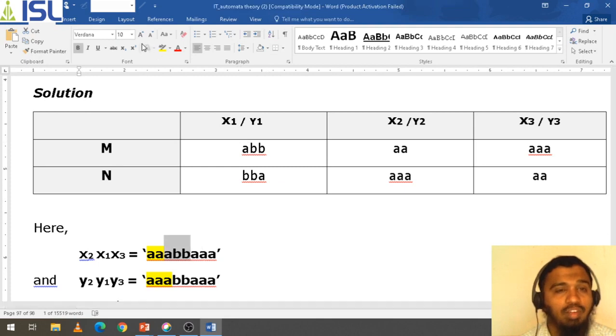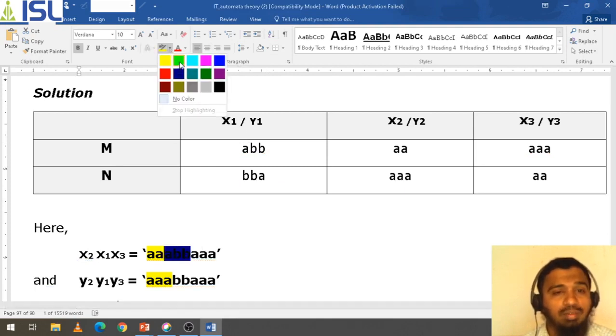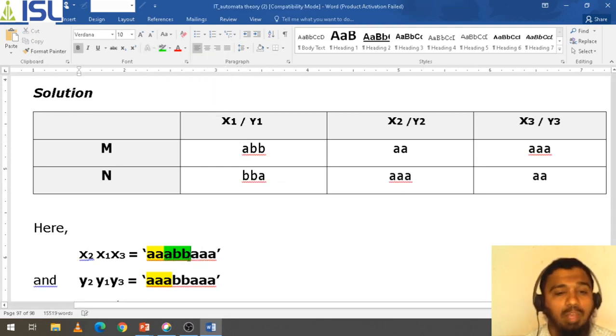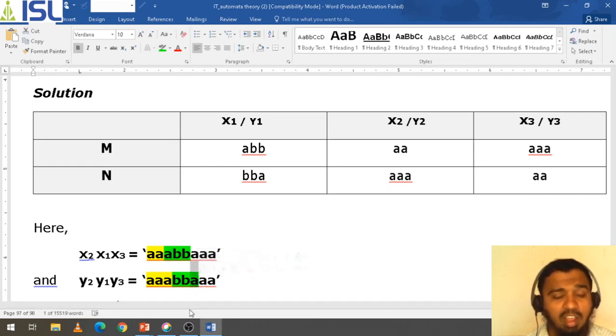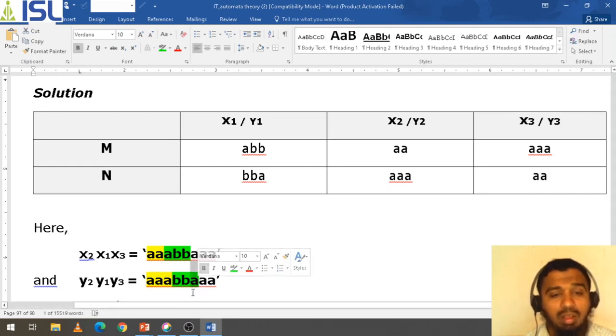ABB. First in the top one is ABB, and in the bottom, BBA. In the bottom I got BBA. Again I am getting the extra here, B. When I am getting extra, I need to go on. I completed this,